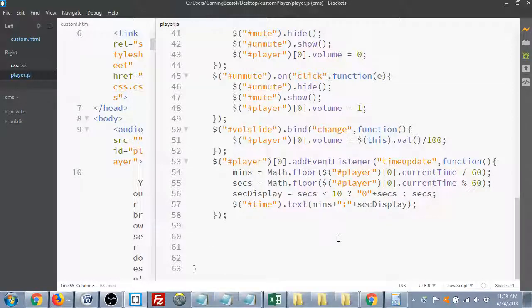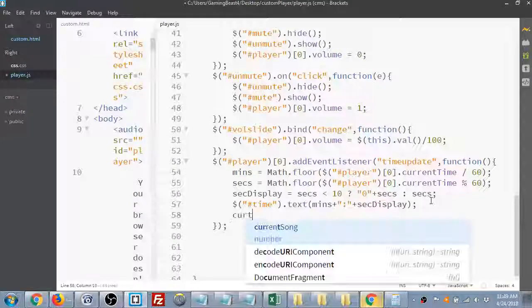Yep. It just died. OBS is back on though. Yay. All right, so I set up a variable called cur time for current